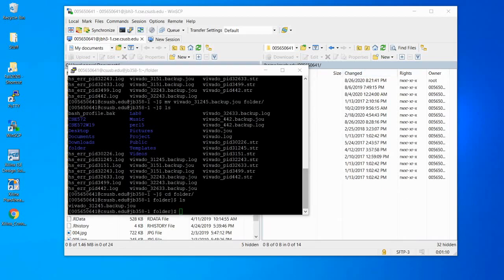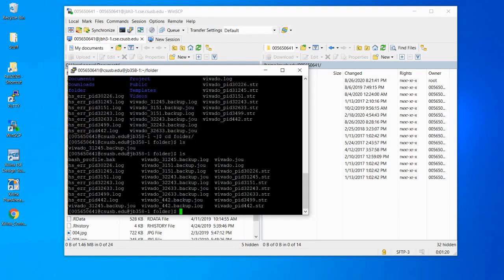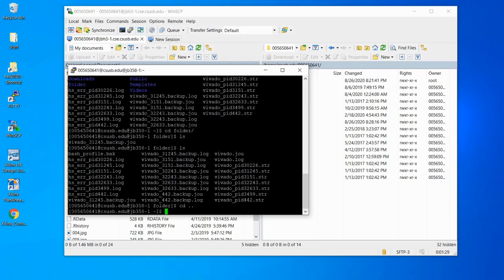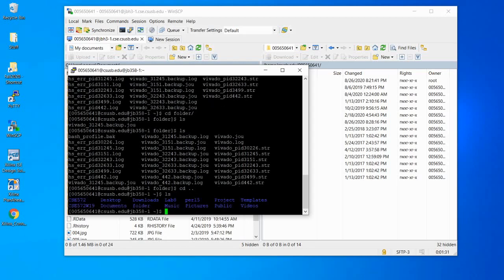Now here we're back in Putty. You're gonna want to make sure you're logged into Putty when you do this, by the way, as I believe that's the only way it'll work. Now we're in the folder directory, so that's where we're still seeing all the Vivado files. My mistake there. But here, now you can see that everything looks